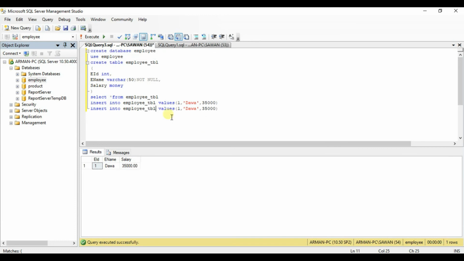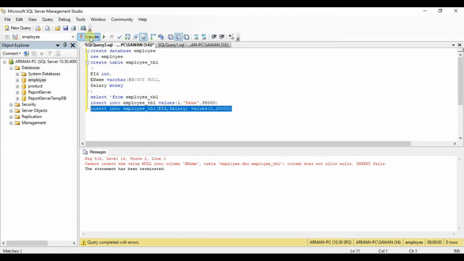So bracket open and close, we enter only employee ID and salary, employee ID 2. We remove the employee name because we want it blank. Salary 25,000. Now select all and execute.